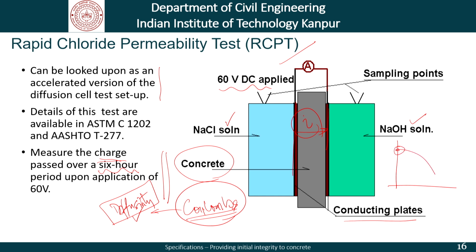So if we want a very dense concrete, impervious concrete, the value that we have for coulombs should be very low, whereas under certain conditions, if we are willing to live with a slightly more porous concrete, now more porous does not mean very porous concrete, but in that context, if we are willing to live with higher coulomb concretes, then we will move slightly lower as far as the initial performance is concerned.